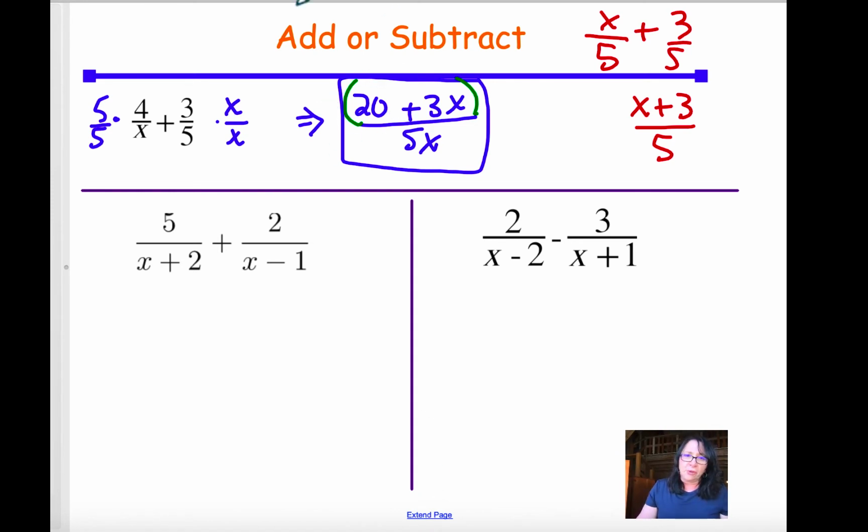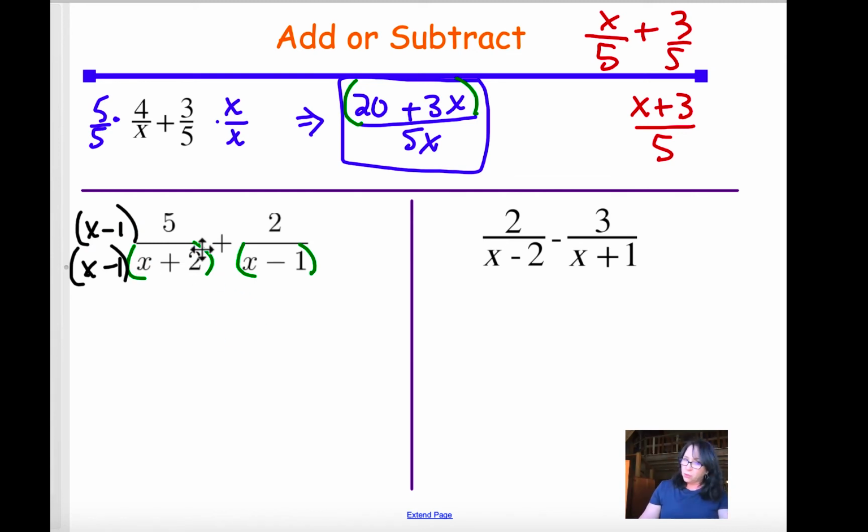All right, for this problem on the bottom, on the left, what we're going to do is we need to get a common denominator. And I noticed that there's no common denominator. This is a term. This is a term. Do not split this up and multiply this by 1 or this by 2. That's not how it works. It's a quantity. And so this left side is missing the quantity x minus 1. So I'm going to multiply this left side by the quantity x minus 1